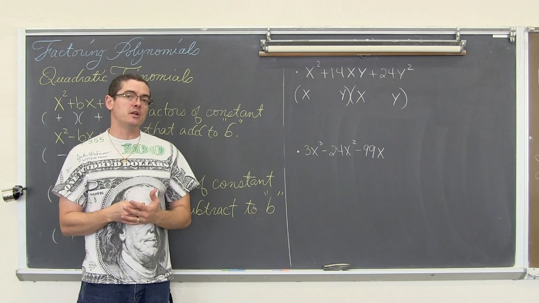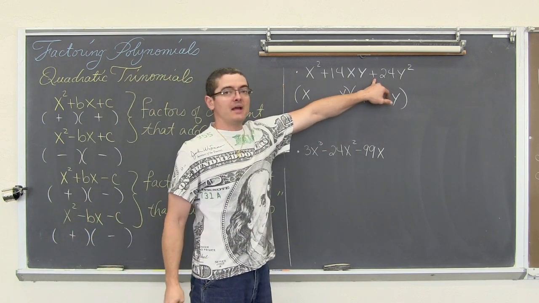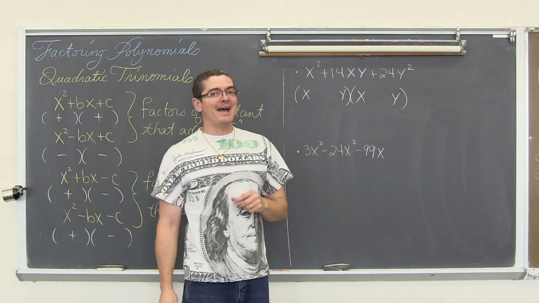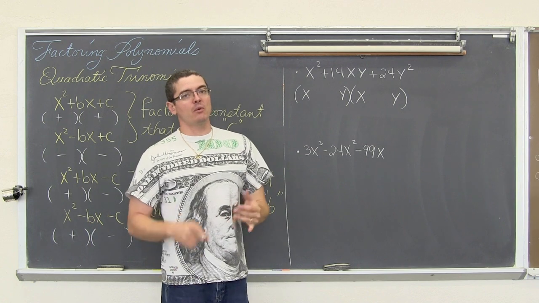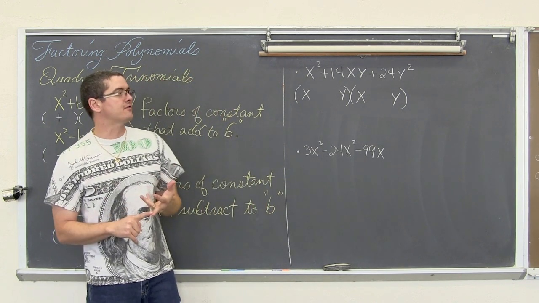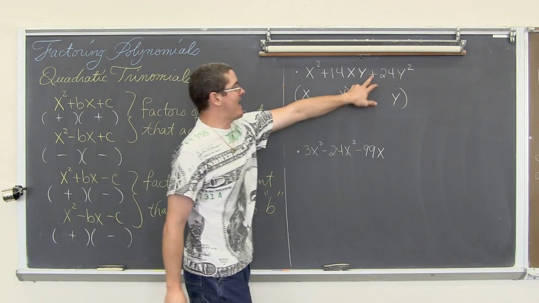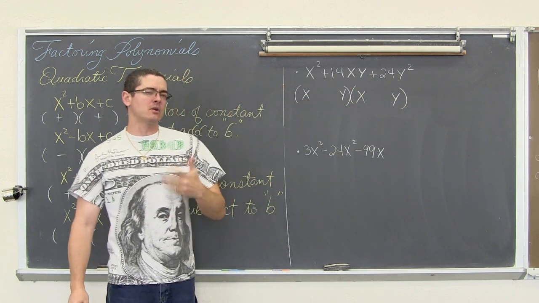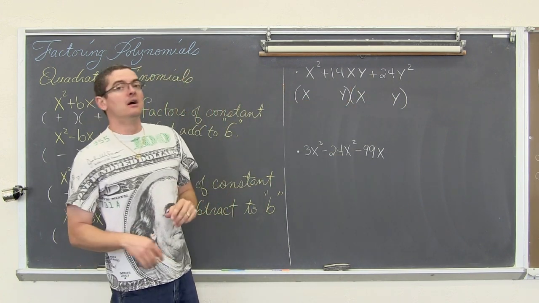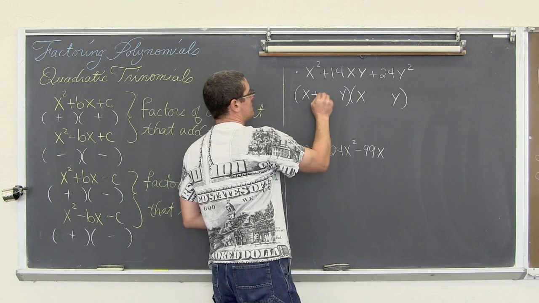What factors of 24, this is a positive now again, so what factors of 24 add to be 14? Well, we have 1 and 24, 2 and 12, we have 3 and 8, 4 and 6. The pair of factors that add to the middle term of 14, or the middle coefficient, or b, of 14 is going to be